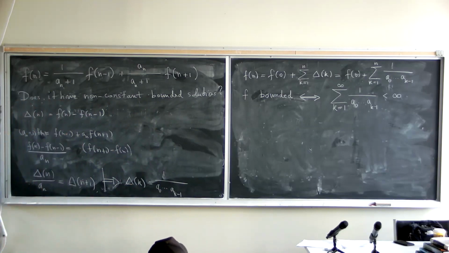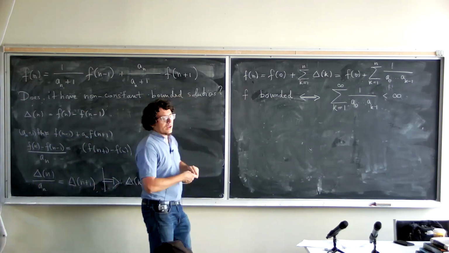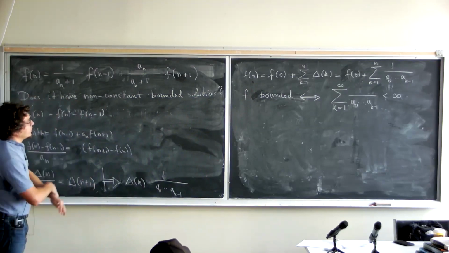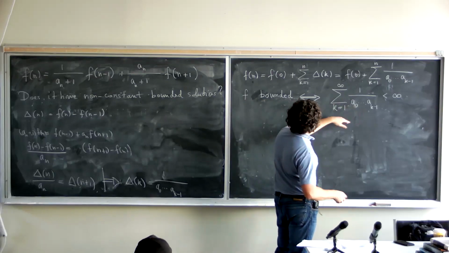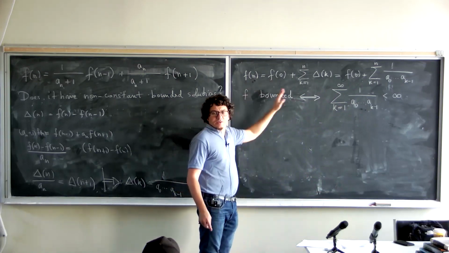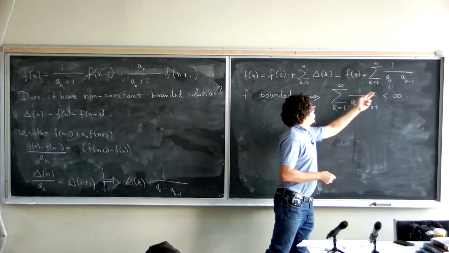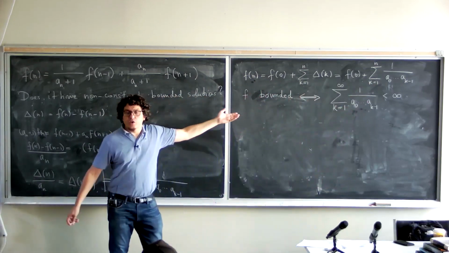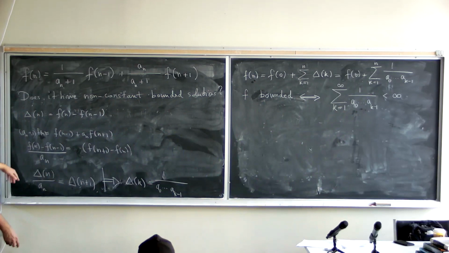Yeah, so basically this is just a way to start from f0 and write your values of f of n, and then you see immediately that if this is bounded, you can define f of n like this, and it would be bounded. And if not, if this diverges, then this f of n also has to diverge, unless we started with a constant function, which I think would just mean that these deltas are all 0.